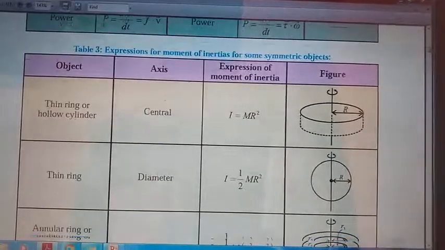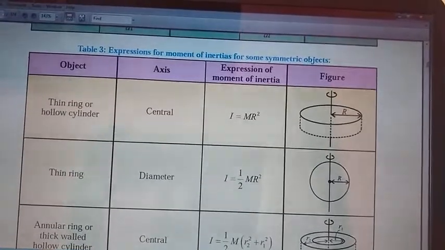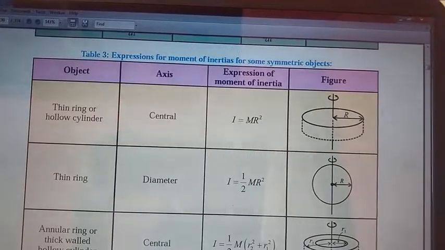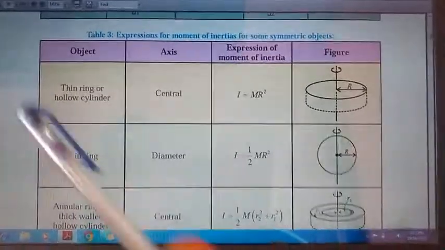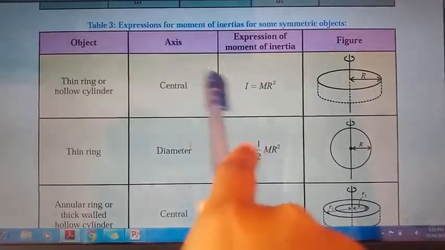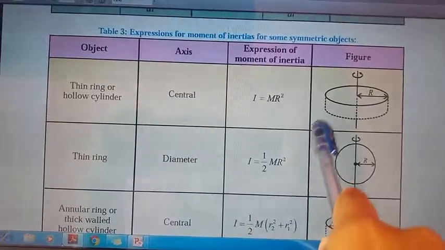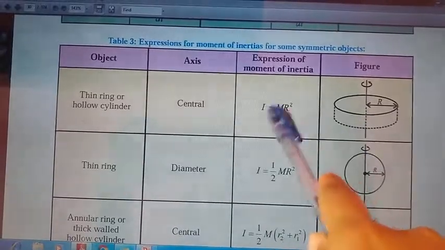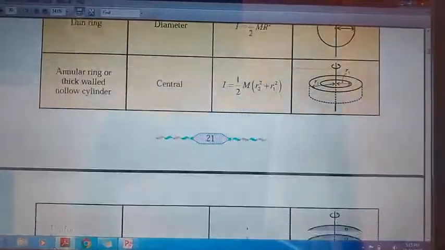So the next thing is, as we have derived moment of inertia for the ring and for the uniform disk in our chapter, theoretically or experimentally we can find the moment of inertia of various objects. So in this table, the name of the object, the position of the axis, the expression for moment of inertia, and the figure are given. So this table is also very important because in most of the competitive exams they just show you the figure and you have to find the moment of inertia, or you have to tick the correct formula. So in this table, various figures and their moment of inertia are given.